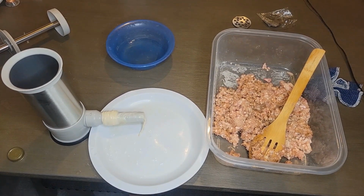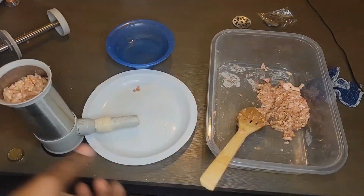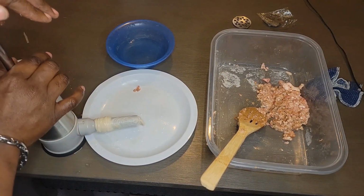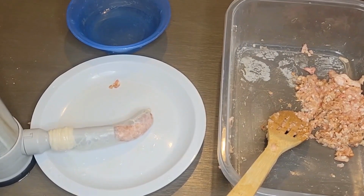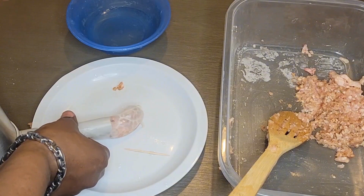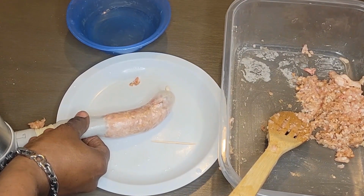Back on like that. And let's get the stuffing. Load her up. All right. And this is how the story goes. And you will get some air bubbles. But this is why you need a toothpick. Just poke a hole in that sausage and you kind of want to hold your sausage at the same time, so